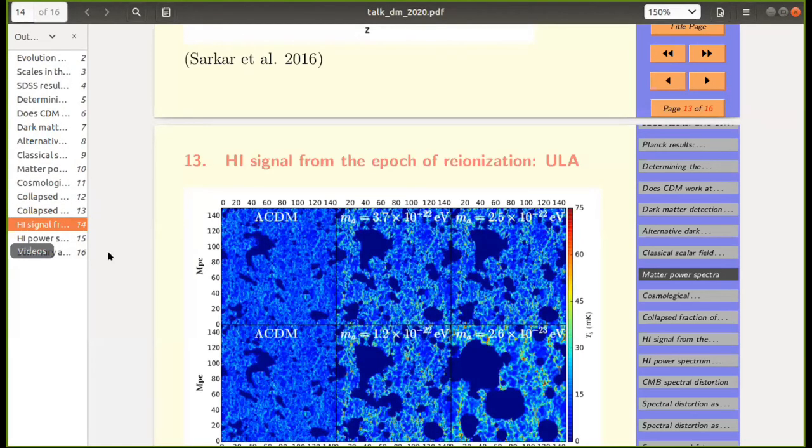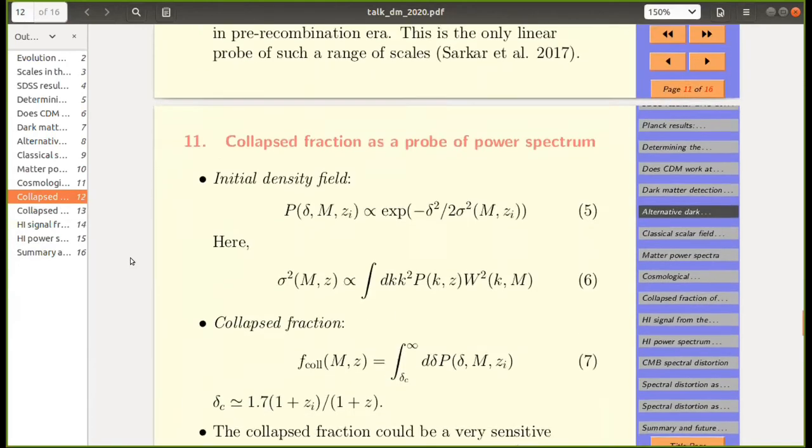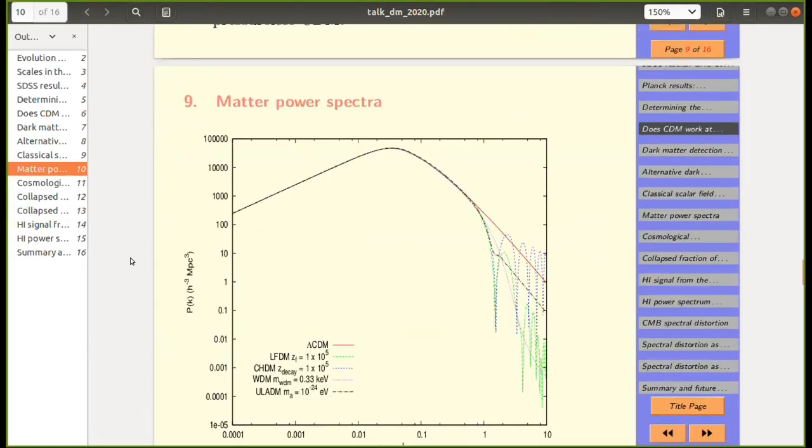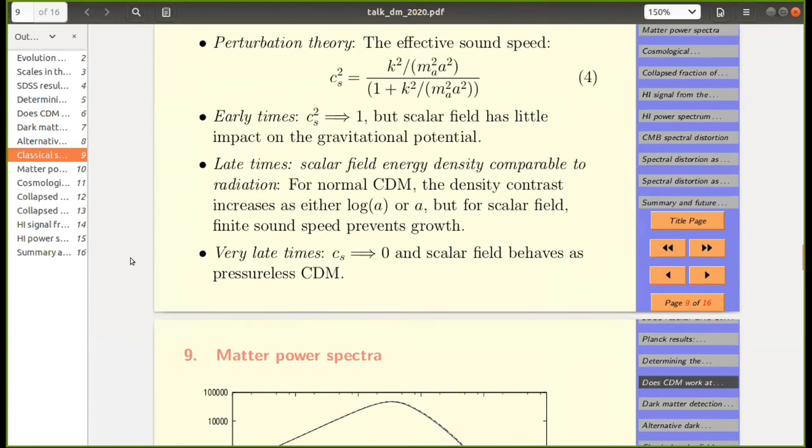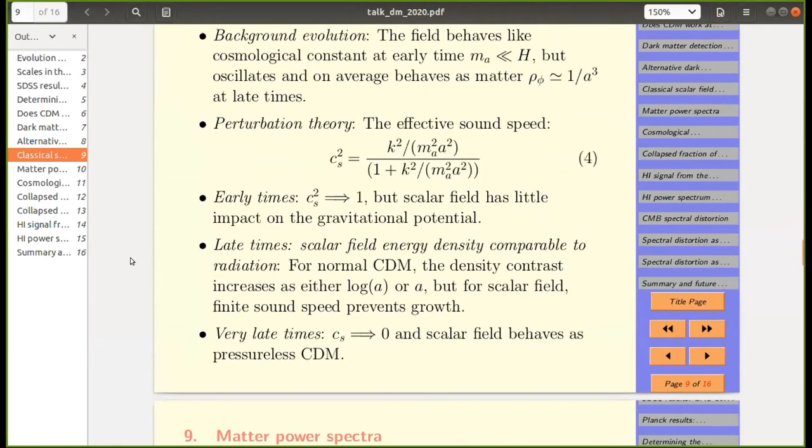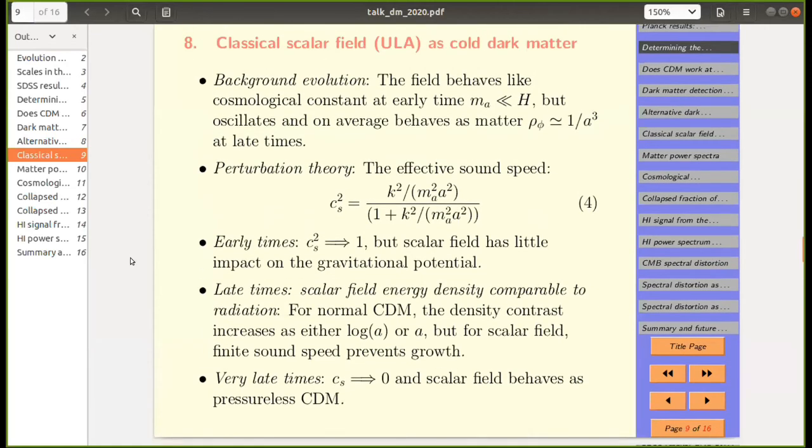On slide 9, when you were talking about structure formation, you said that for scalar field dark matter, there's a delay from when structure formation starts. Yes, that's right. So does that significantly affect the time one has to form structure? Well, you have to tune your model. So the point is, yes, of course it does, but one has to tune the model.